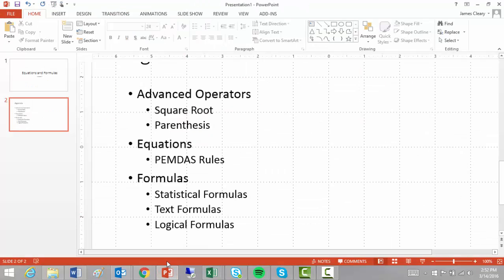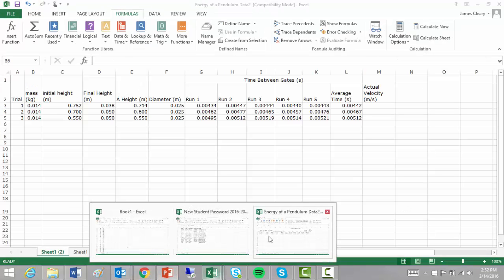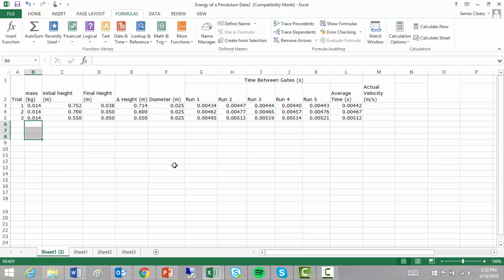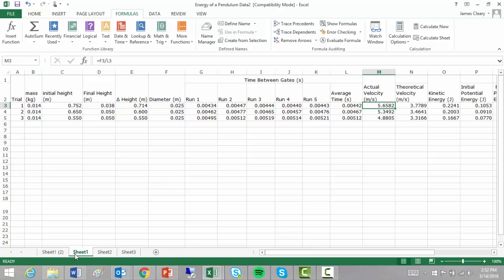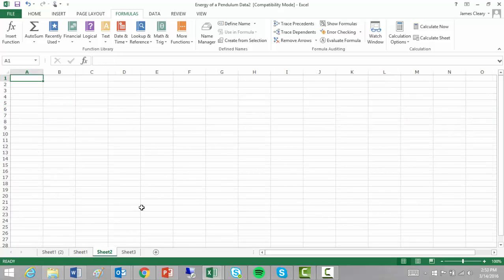Next thing I want to talk about are text formulas. These are not going to be helpful with math, but where text formulas can be helpful is if you're doing a lot of repeated text entry. So here's an example of what I mean. Let's say that here's a blank workbook. Let's say that I want to